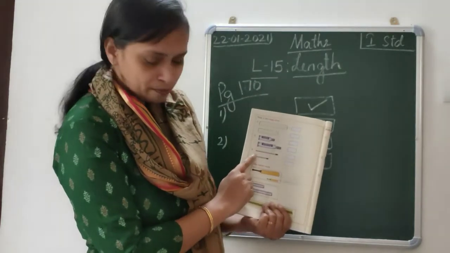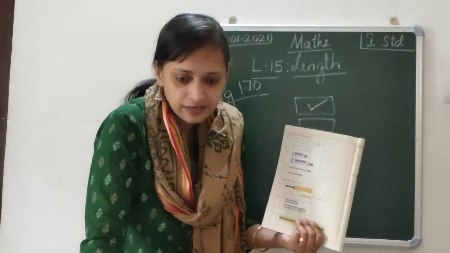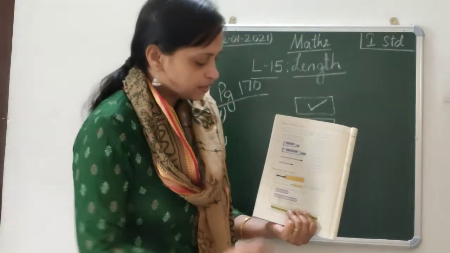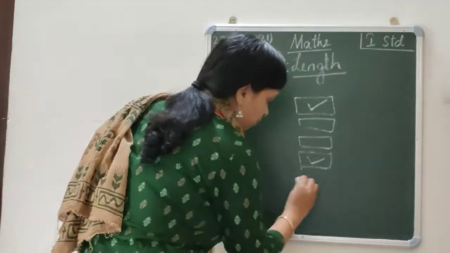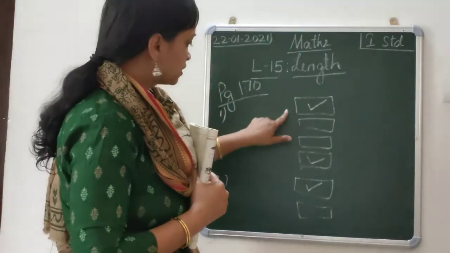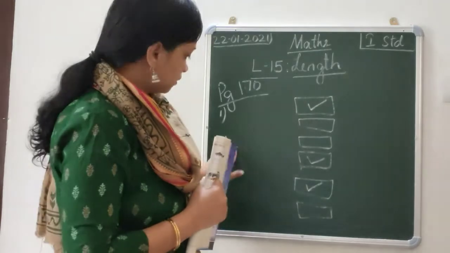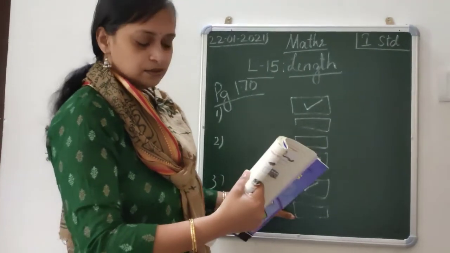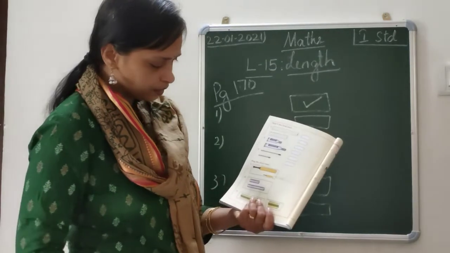Third one, you have two matchsticks given. Right, the first and the second one. Which matchstick is the longest? First one. Very good. The first matchstick is the longest. So in the third one, the first box, you're going to put a tick mark. So in the first one, in the ruler one, the first box should be ticked. The second one, the toothpaste one, the second box. And the third one, the first matchstick should be ticked. Okay. All of you will have ticked this.